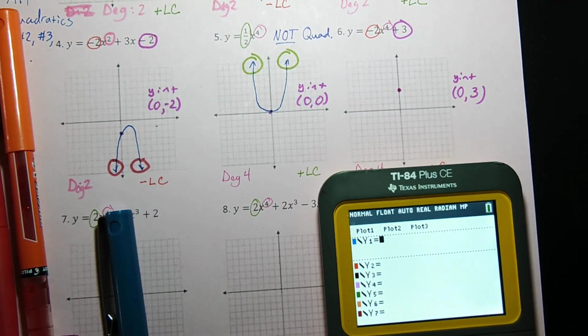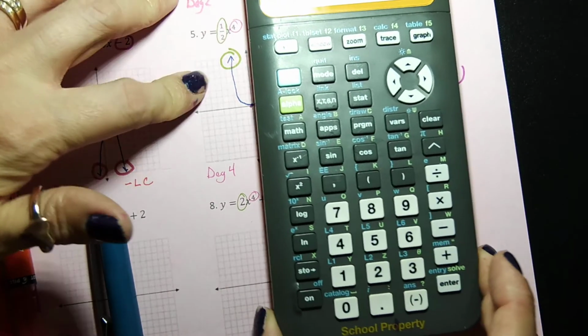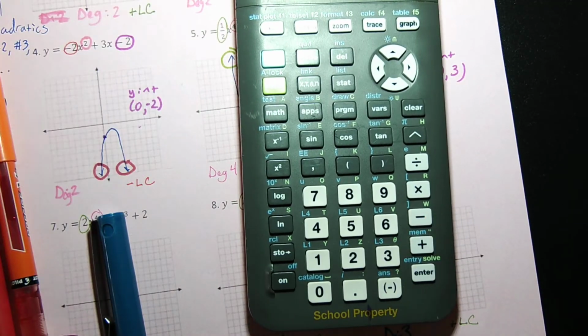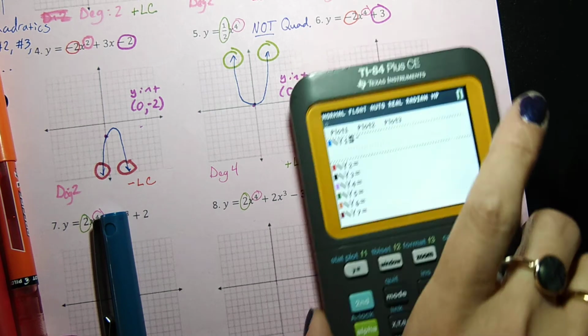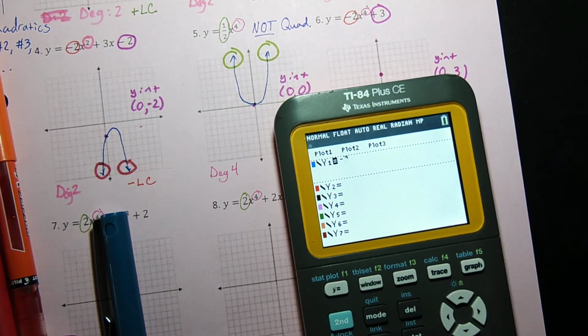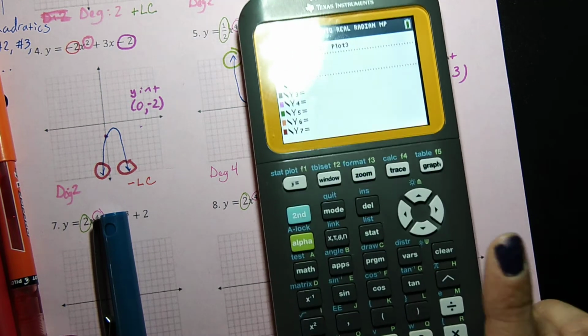Go back to y equals. Use your clear button. Hey, real quick, if I type in -2, am I going to use the minus sign or the little negative? The little negative. And if you're like, what little negative, Mrs. Cairo? So to the right, these are your operations buttons, like minus, so like 2 minus 3. But if I need to make a number negative, we use this negative down by the decimal point. So you'll know when to use the negative, because if you read the equation in your brain, you wouldn't say minus 2x to the fourth. You'd say that's negative 2x to the fourth. So use the little negative,